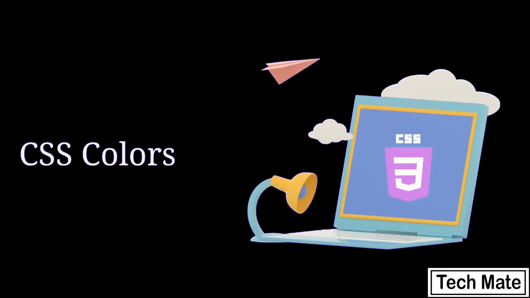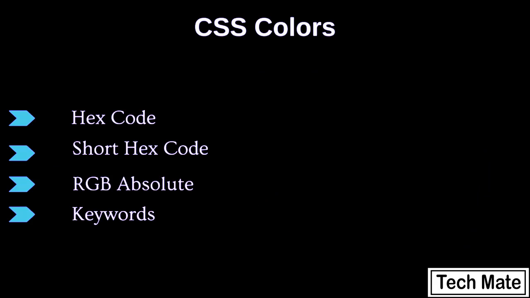In this chapter of CSS, we will discuss the colors. Colors are one of the very important aspects whenever we talk about formatting or giving an attractive look to our web page. So, we will learn the different ways of passing the color for a specific element of the HTML.